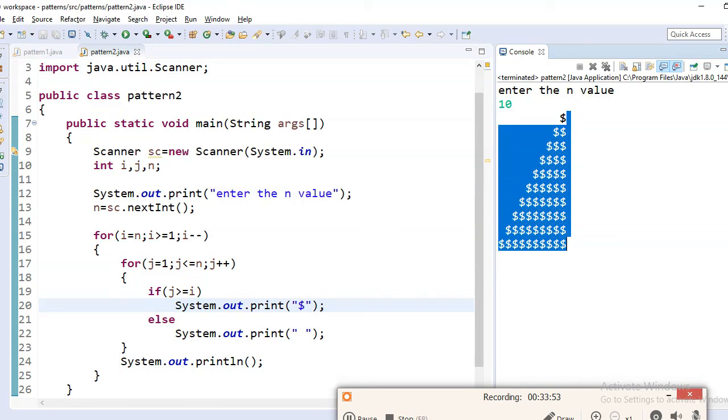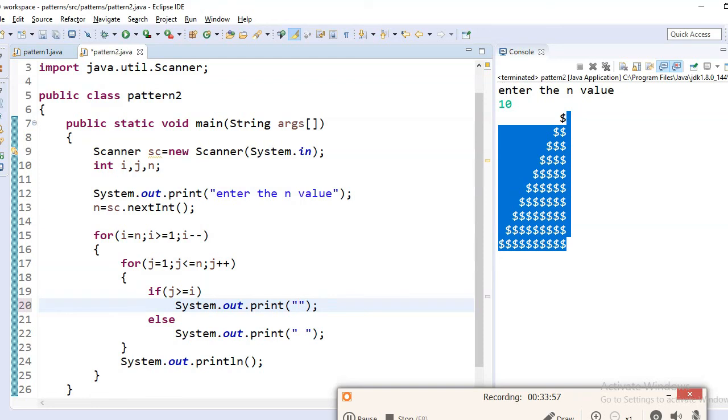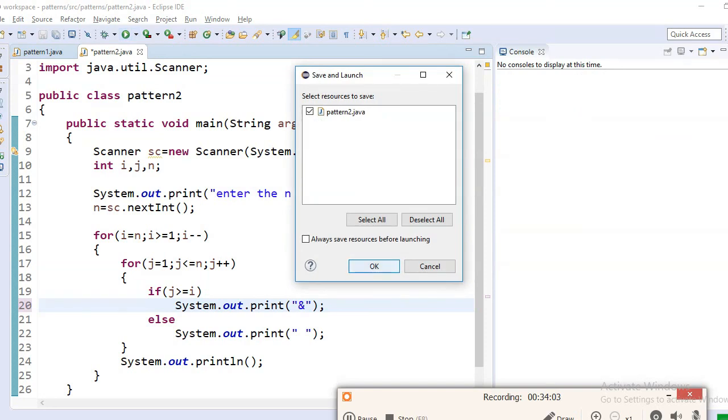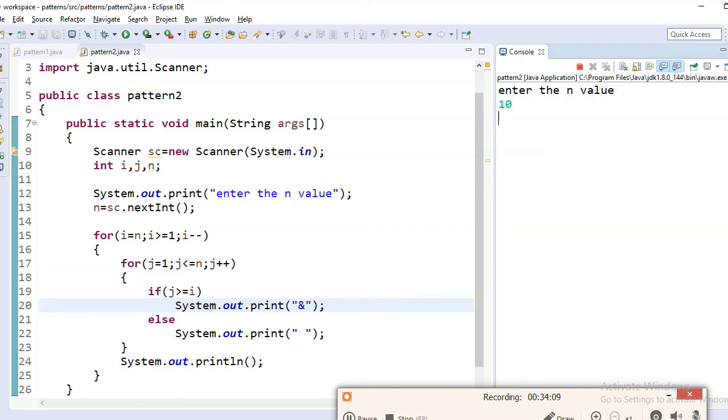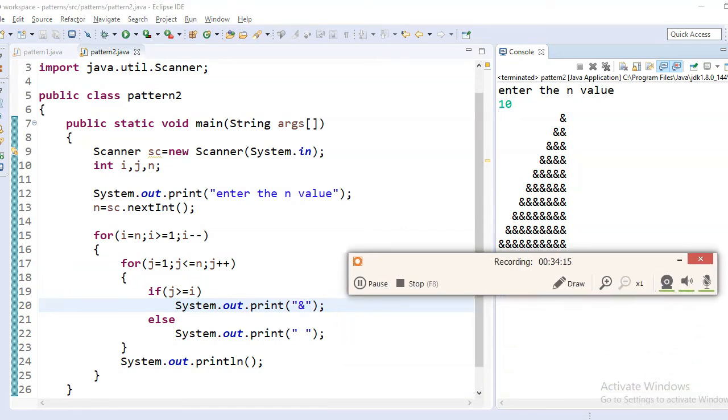Instead of dollars we can give the and symbol, so it will print 10 rows of them. So I think you understood how that tracing will be done, how the pattern will be done.